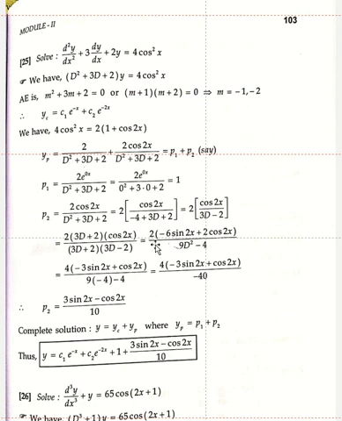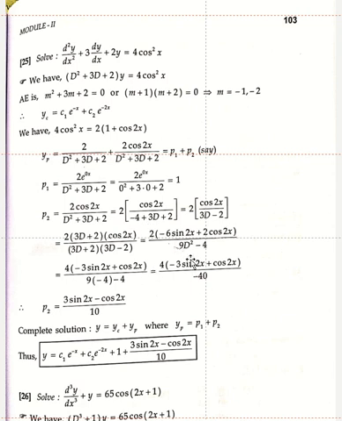Therefore, here in these two terms, 2 is the common factor. Take 2 outside. 2 into 2, already 2 is there, so 2 into 2 is 4. If you take 2 as the common term, what is the remaining term here? Minus 3 sin 2x. Here we already took 2 as the common factor, therefore only cos 2x divided by